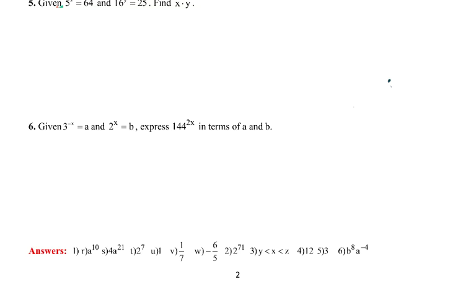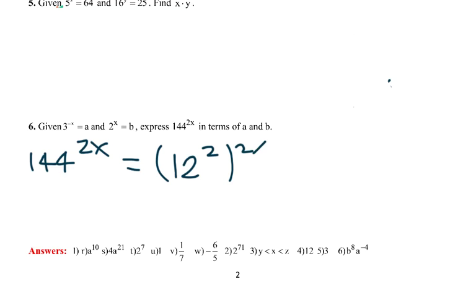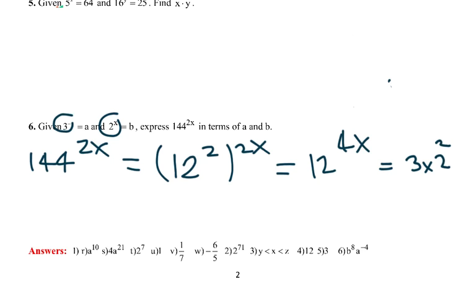Question 6 is not as tricky as 5. First thing I do is break down 144. So, okay, well I know that that is 12 squared to the 2x, which is the same as 12 to the 4x. Now we're given 3's and 2's, so I'm going to break 12 down into 3 and 2. We know that that's going to be 3 times 2 squared to the power of 4x,